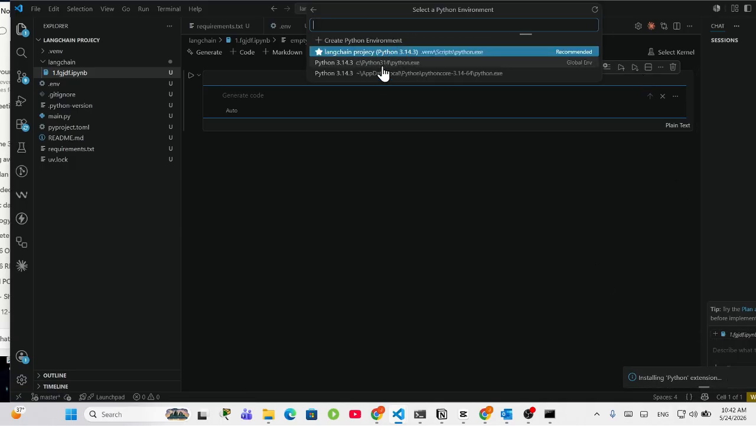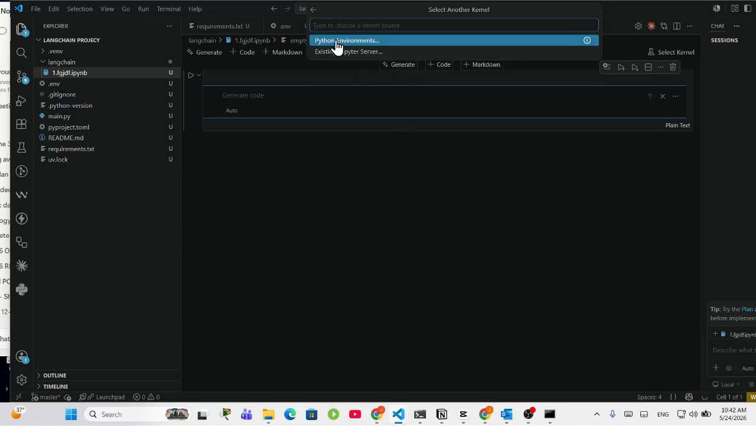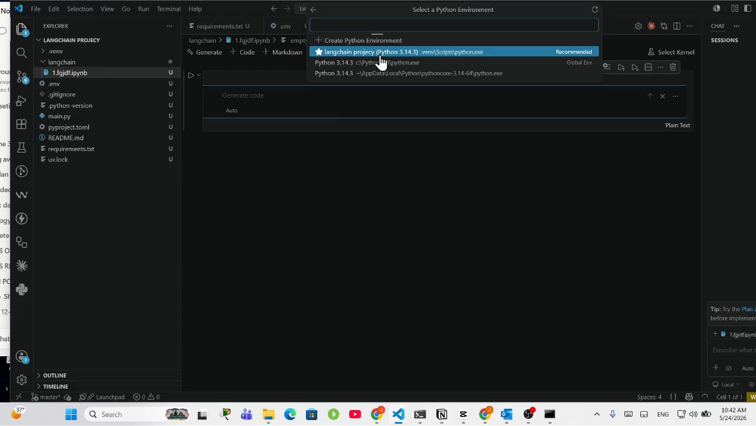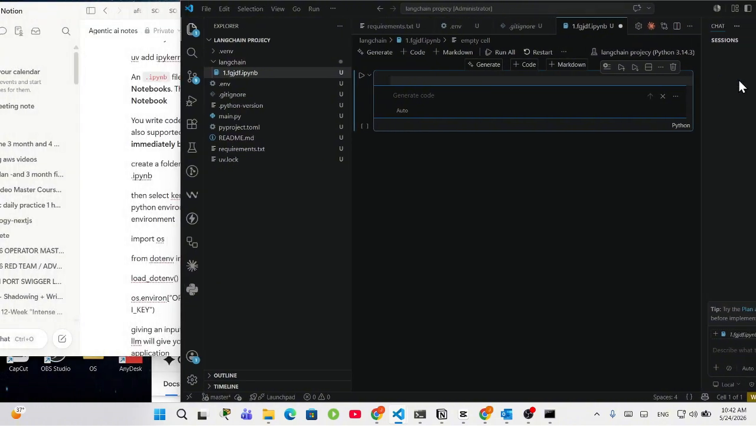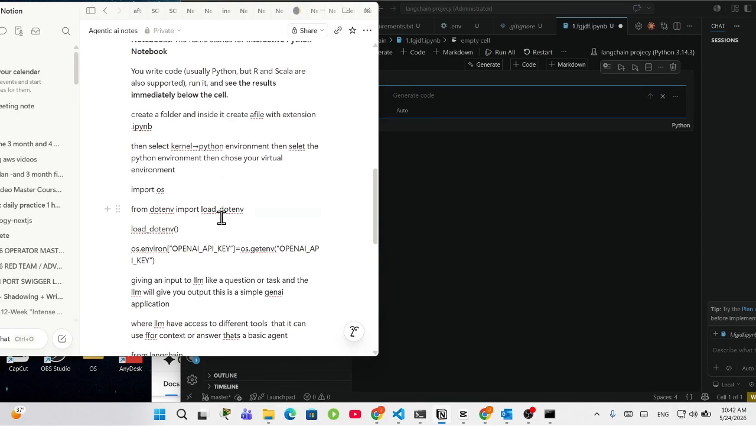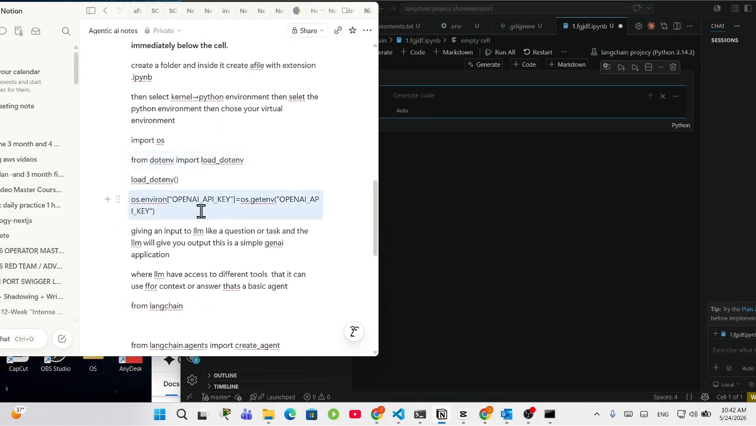So we will choose installing the Python extensions. Then we have to choose the Python environment. This is our virtual environment that we're using. I think that's all we have to do to create this. And then we want to test something. I don't want to use OpenAI. I want to use